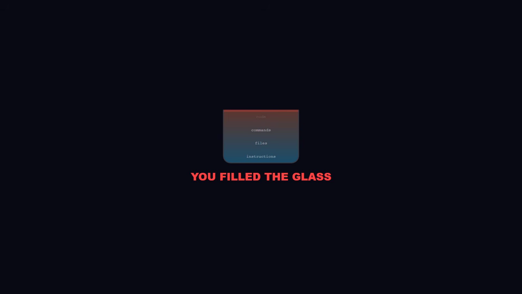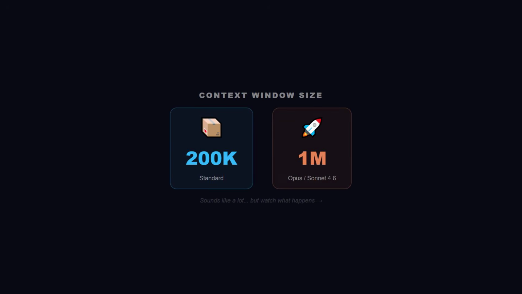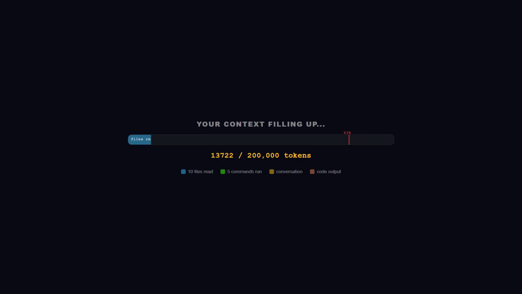Claude didn't get dumber. You filled the glass, and everything you told it is now spilling over the edge. Here's what's really going on. Every conversation with Claude Code lives inside a context window. Think of it as Claude's working memory. Everything you've said, every file it read, every command it ran, every line of code it wrote, all of it